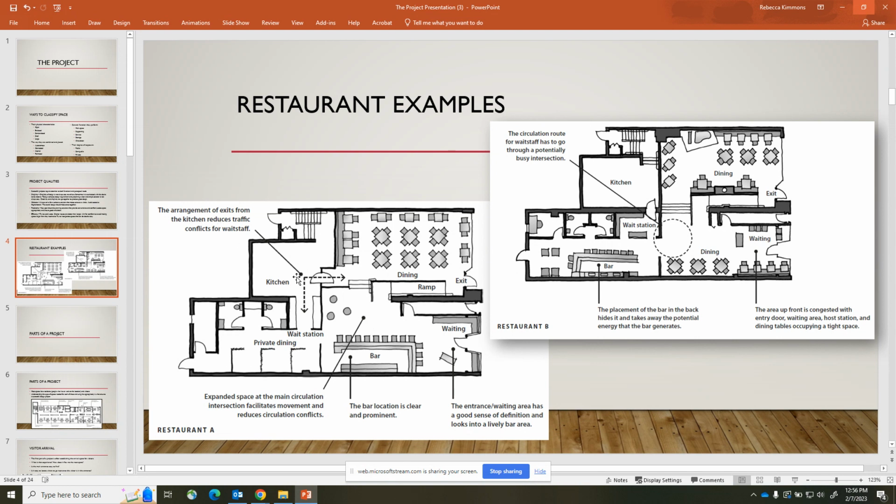And then off the kitchen, the way they have the exits, they've got two different exits. It reduces the amount of traffic. So you've only got half of the wait staff going through each one instead of everyone going through the same door. All right, so then restaurant option B or example B,